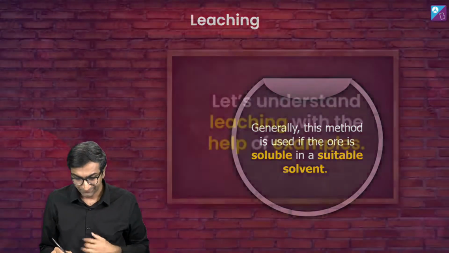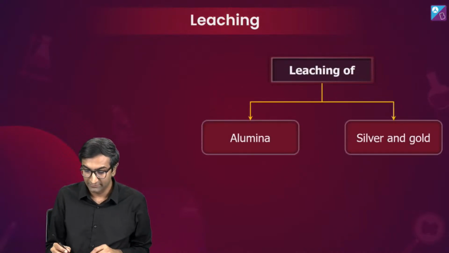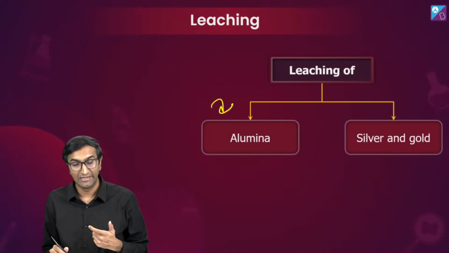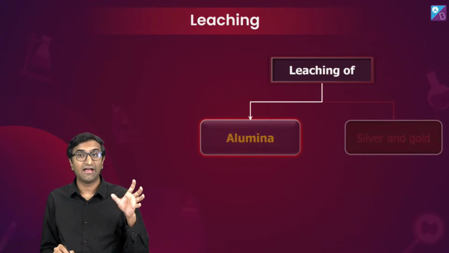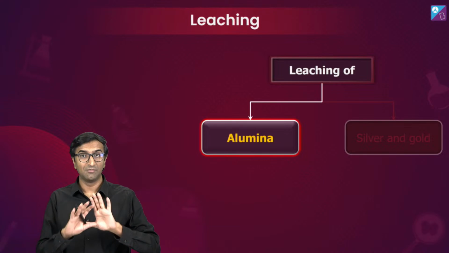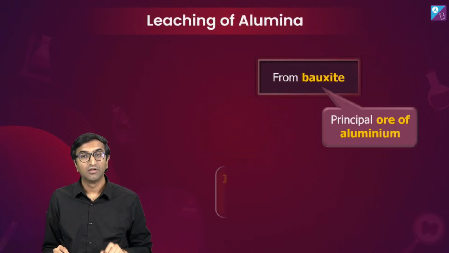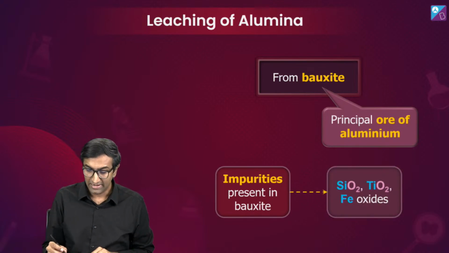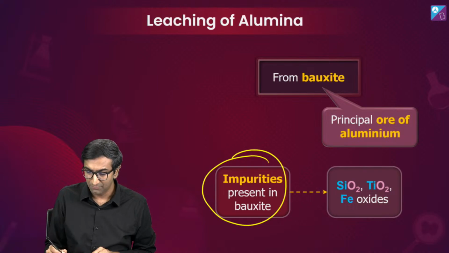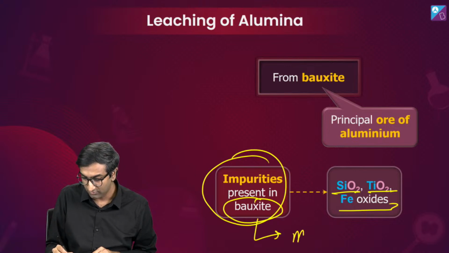Cool. All right. So, what is leaching? A couple of examples. The most simple one is alumina, the leaching of aluminium, and the slightly more complicated one is silver and gold. But the ideas of both are the same. The main concrete idea is that we are going to use something called a cyanide ion. Very interesting thing, and it will remove all impurities like SiO2, TiO2 and Fe oxides in bauxite, which is the most common ore of